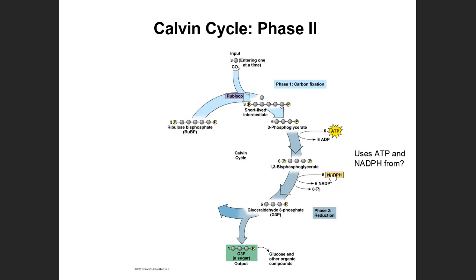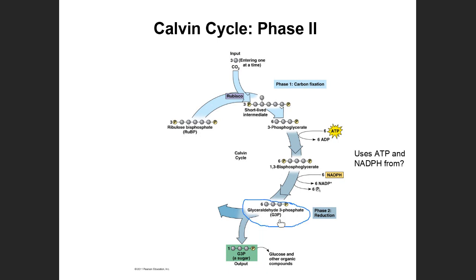Then there are other enzymes that come into play, and they will take the electrons from NADPH. In other words, they will oxidize NADPH to NADP+. And when they oxidize NADPH, NADPH is losing its electrons. Thus, we rewrite it in its oxidized form, NADP+. But what these enzymes are doing is they're transferring the electrons to 1,3-bisphosphoglycerate. This molecule then, when it gains 2 electrons, is reduced to the final product of phase 2,